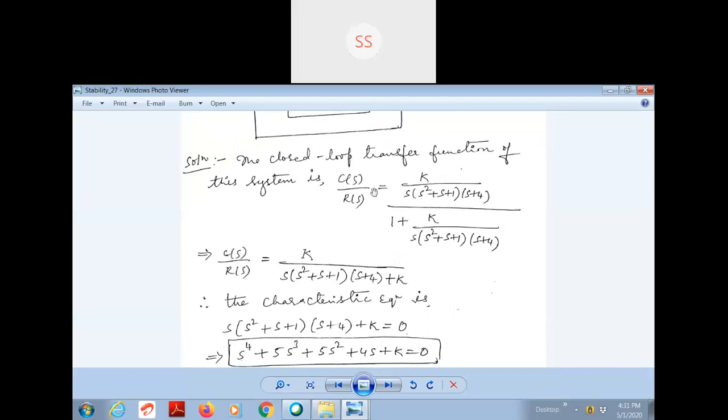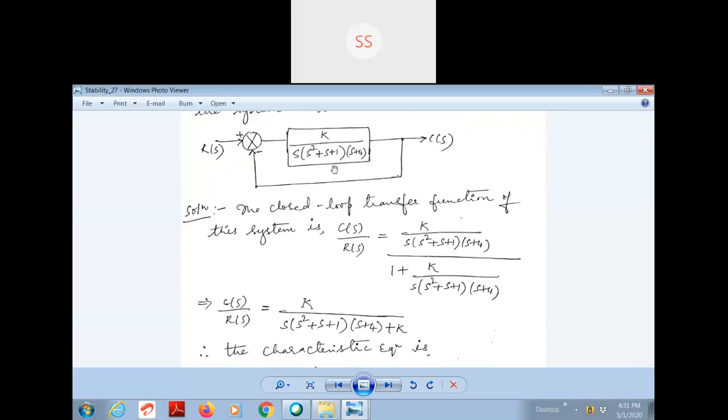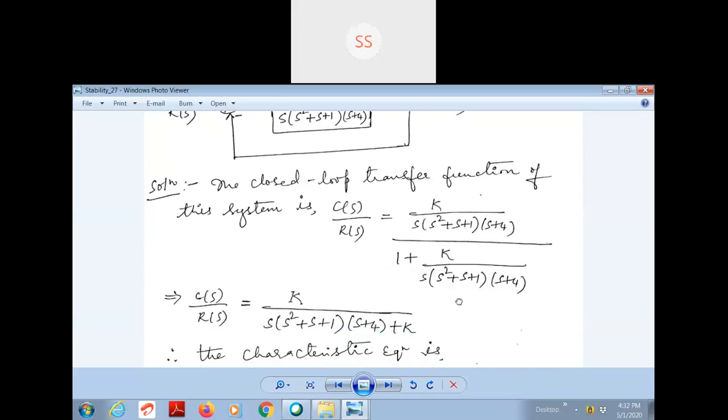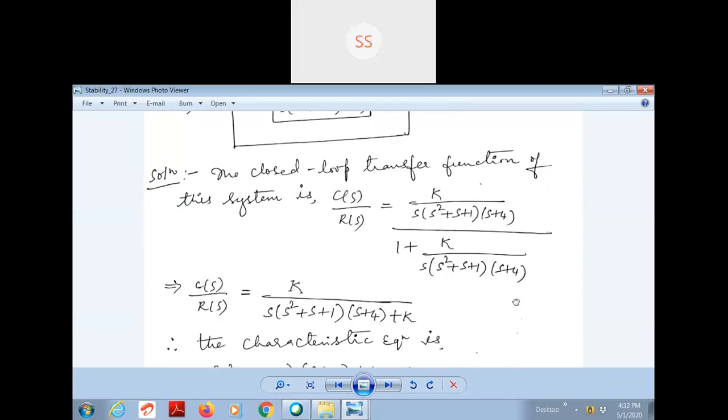Now in the previous module also, several times we have used such a closed loop system, even in the second order system, where we used such a system to find out unknown parameters like damping ratio and natural frequency of the systems. But here we are making use of the same transfer function in the same format to determine the system gain k, which will make the system a stable one. Okay, so the same representations, but the applications are different.